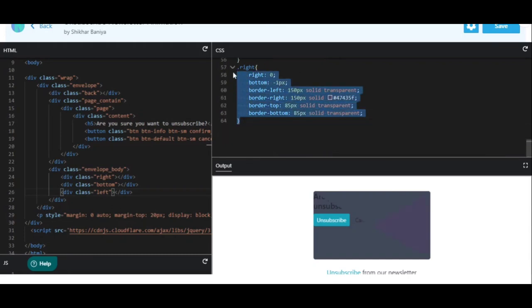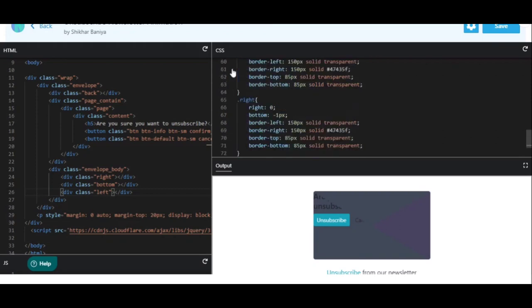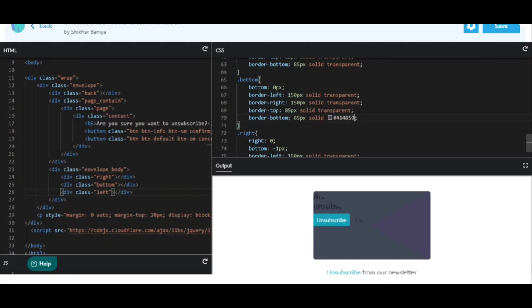So in the same way, we need to specify two more things. Okay, so the next one will be bottom, and here we don't need any right spacing, so let's remove that. And bottom will be 0. Here border left and right both will be transparent. Border top will also be transparent, and border bottom will be #414585. Okay,